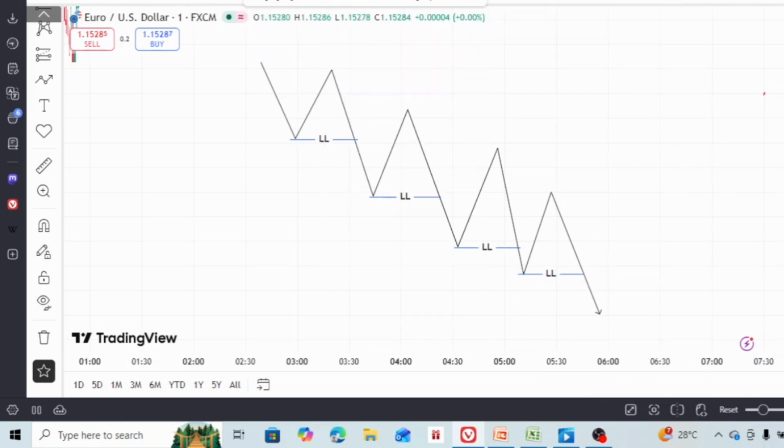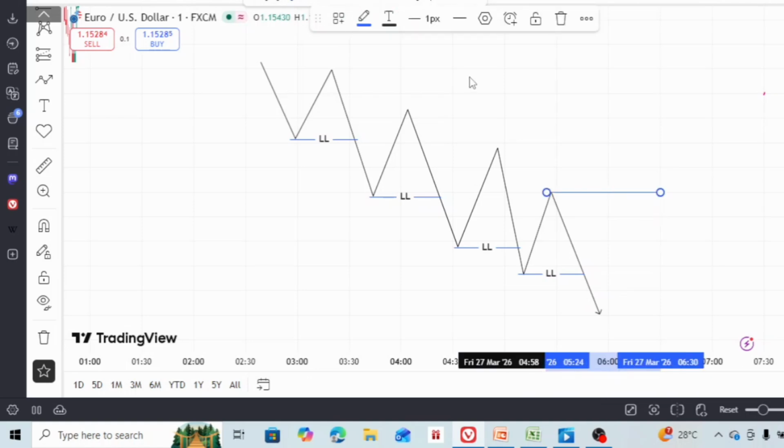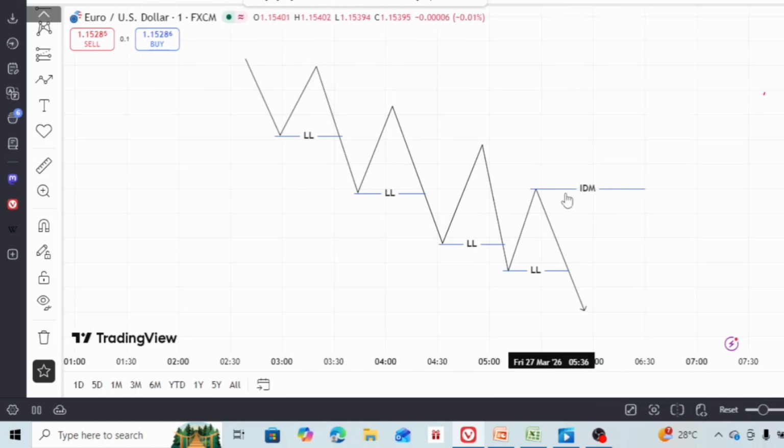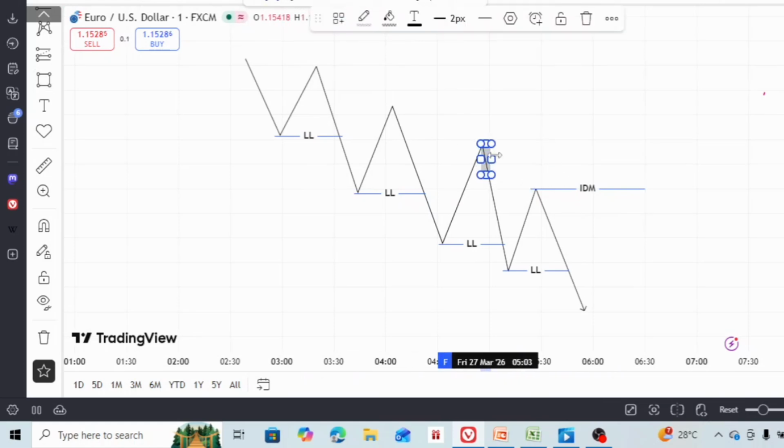So after we confirm our lower low, we get our inducement, right? So where will be the inducement? This will be the first pullback, will be our inducement, right? So this is the inducement. Okay, so just above the inducement, the first order block, if you have, okay, if this is the first order